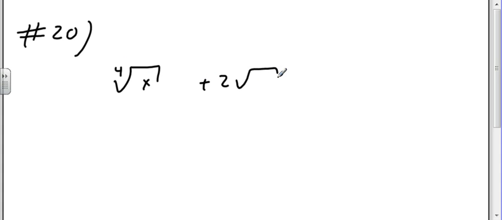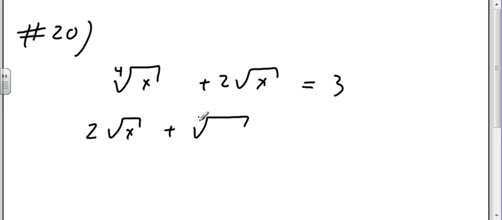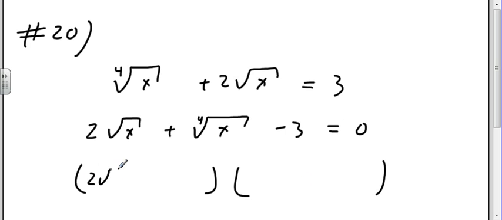Now we can do our last problem of the day. The 4th root of x plus 2, the square root of x, is equal to 3. Okay, so we're going to rewrite that as 2, the square root of x, plus the 4th root of x, minus 3 is equal to 0. All right, and then we're going to factor it. 2, the square root of x, the 4th root of x, the 4th root of x,